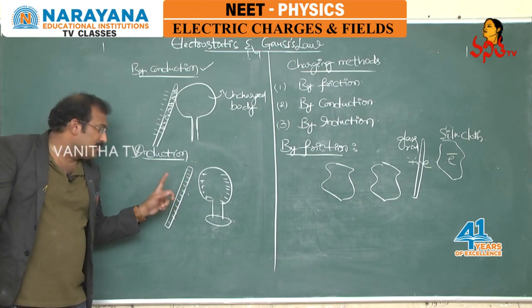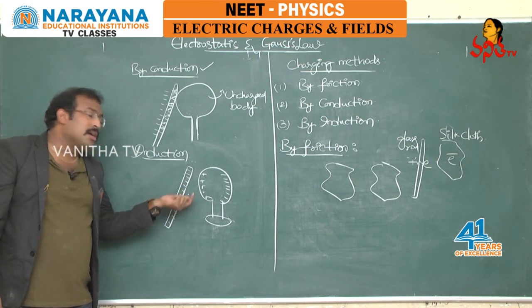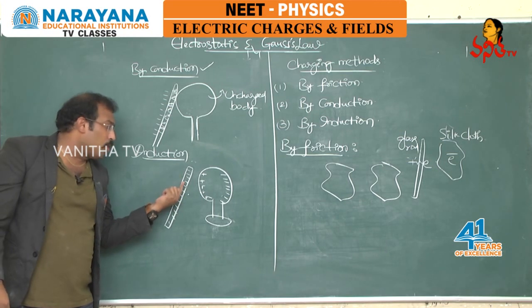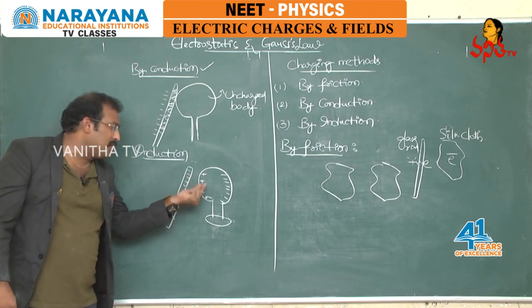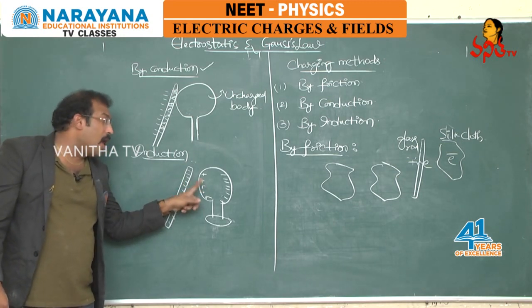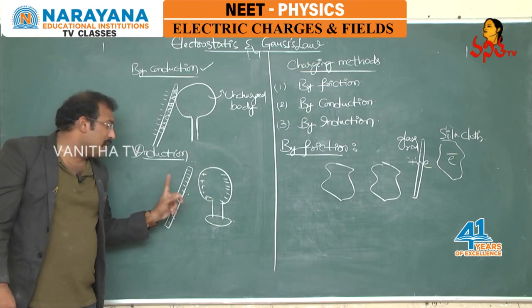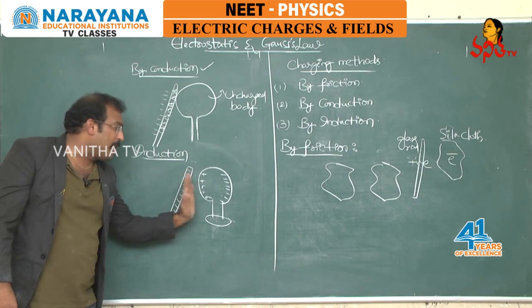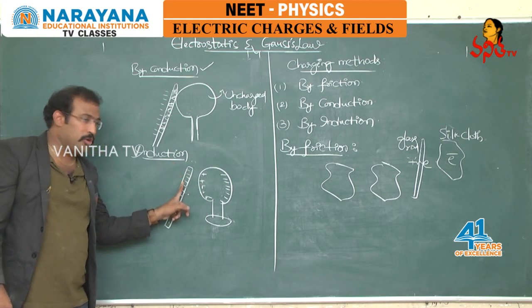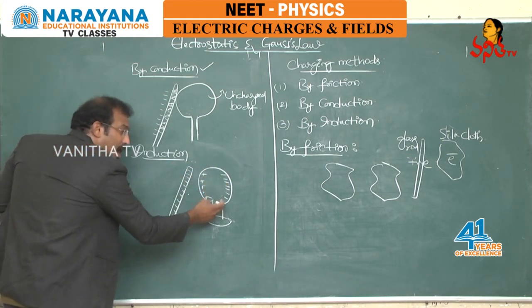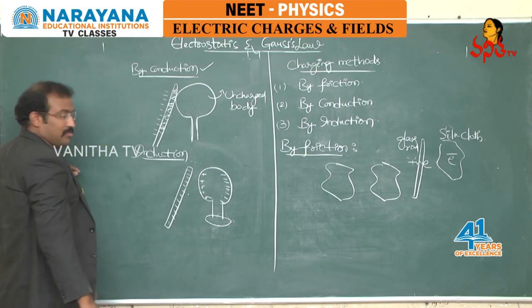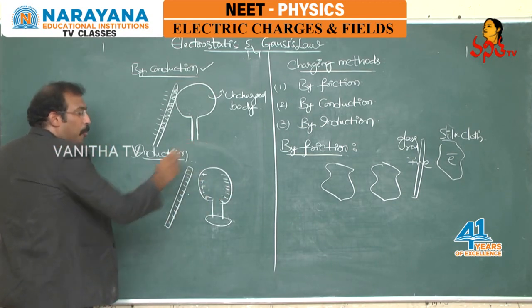So I'll make it clear that when you are charging a body by the induction method, the charged body is brought very near to the uncharged body. Now this charged body attracts the opposite charge or repels the similar charge. Here a negatively charged body is taken so that the electrons are repelled by it and will move away, creating an opposite charge close to the charged body. Now these charges are induced charges, and this method of charging a body is called induction. These charges will reside upon the surface.